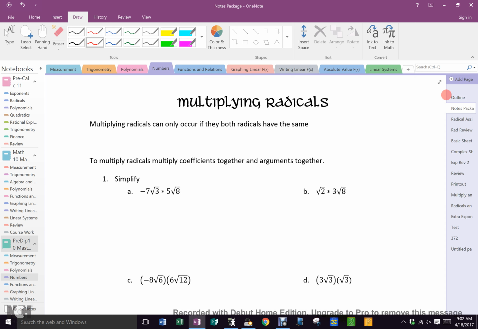Yes or no? Yeah, because multiplying is just adding on top of each other, right? We wouldn't go 2 plus 2 plus 2 plus 2, would we? What would we write? 2 times 4, right? Because there's 4 2's there. Cool? All right, so multiplying radicals, since it's related,